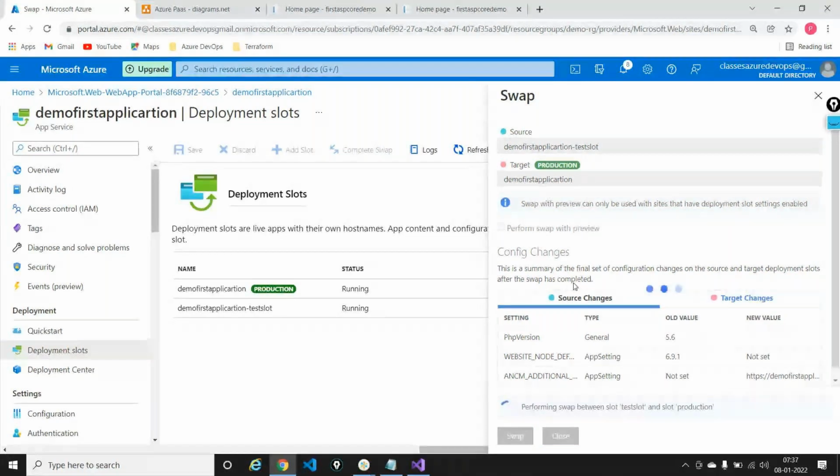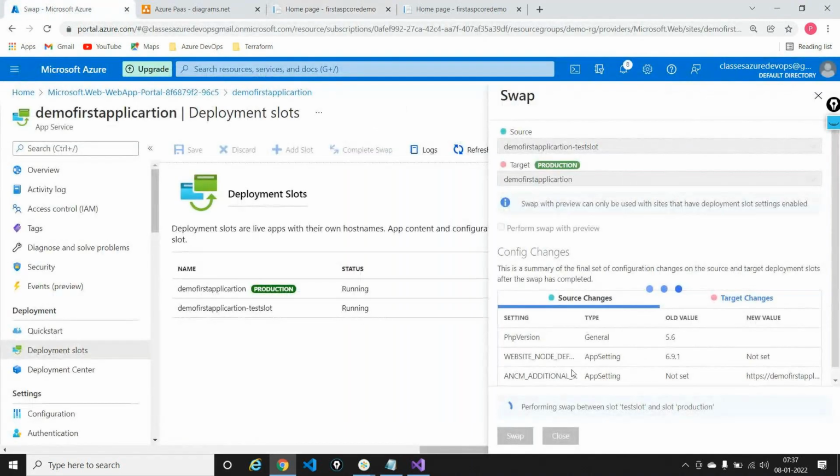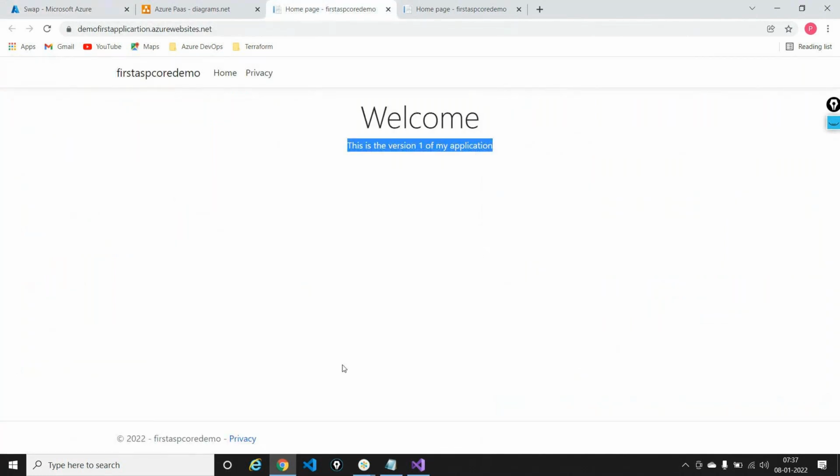It'll take a minute or so. It'll swap the entire code out here. Now, what's going to happen is that even when the swap is happening, your applications are not going down. This is happening very silently in the backend without impacting your actual application. Your actual application is still happy, it's still running version 1. This is not being impacted, and this is happening in the background. It might take somewhere around 2 to 3 minutes, but in those 2 to 3 minutes, the application is not going down. The application is still up and running.